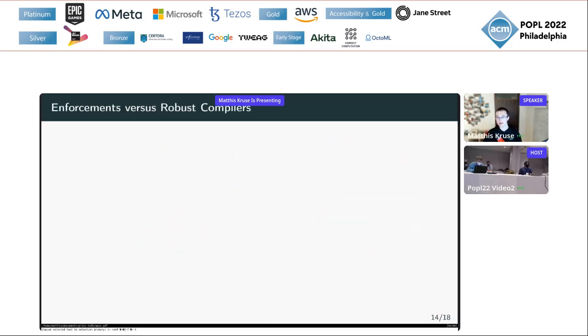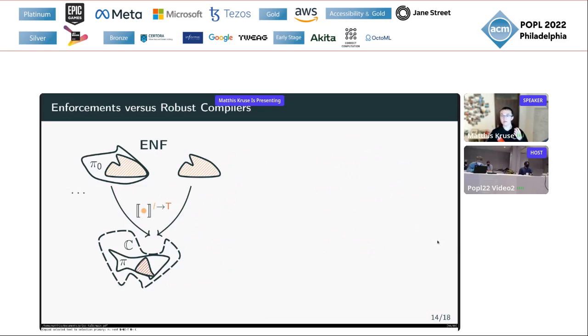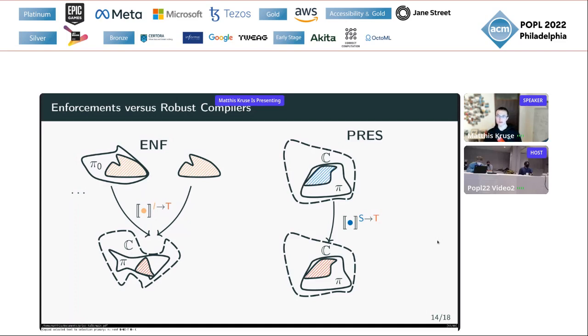To make my point really clear, compare the enforcement with the robust compilation criterion. So here on the left, the enforcement, we always get that the behavior of the target program is in a pi that is in some class C, regardless of the source, or in this graphic, the intermediate behavior. Now on the right, robust compilation, we get this fact that the behavior is in a pi that is in C, but only given that the source program already is. So robust compilation constrains the source behavior suitably, while enforcements literally enforce certain behaviors.